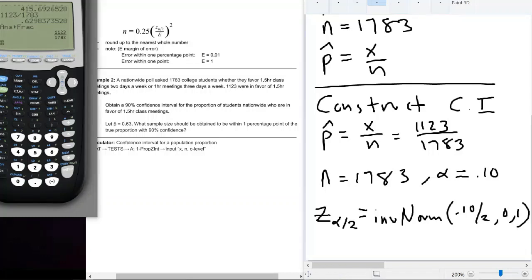So let's check and see what the critical value is going to be. So we're going to do second vars. We're going to do inverse norm. So let's do 0.10. Notice it was already there, but that's okay. Divided by 2. Okay. 0 and 1. Okay. And critical value, keep in mind from the previous video, we take the positive. So this is going to be positive 1.645. And for our case, 3 decimal places is okay